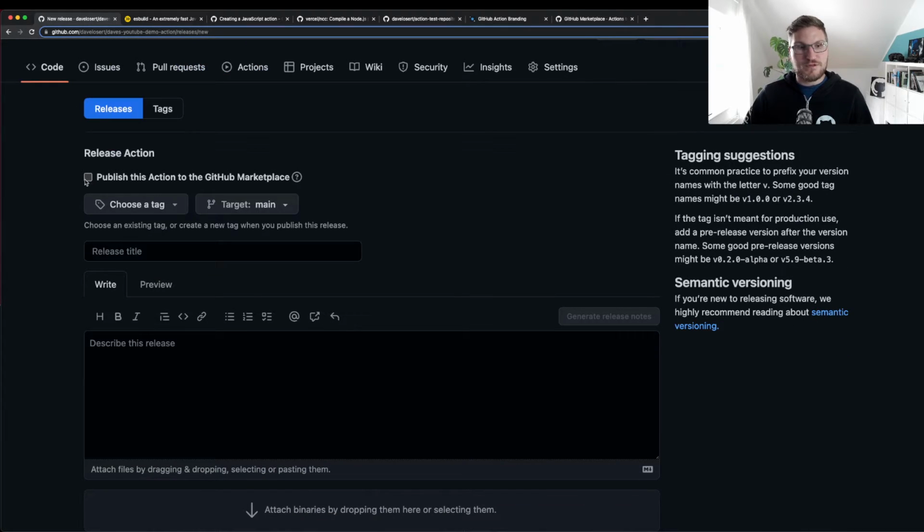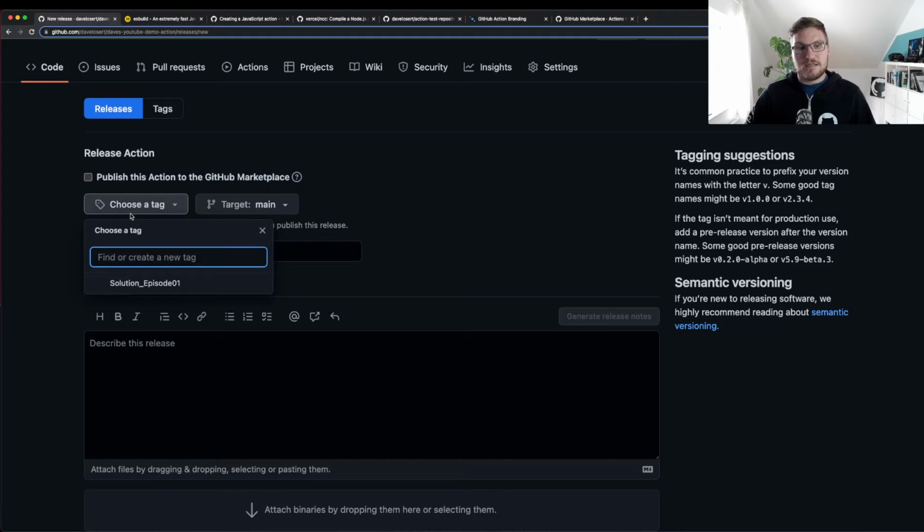The first thing that you see here is that we now have the option to publish this action to the GitHub Marketplace. Perfect. But let's not do this yet. Let's first create the release, test this release from another repository, and then publish it to the marketplace, because of course we don't want to publish anything that is not working, right? The first thing we have to do is create a tag or choose a tag that is already existing. And the best practice, and this is also